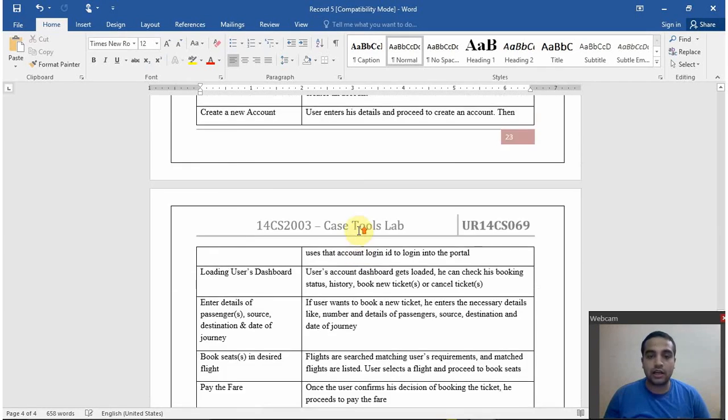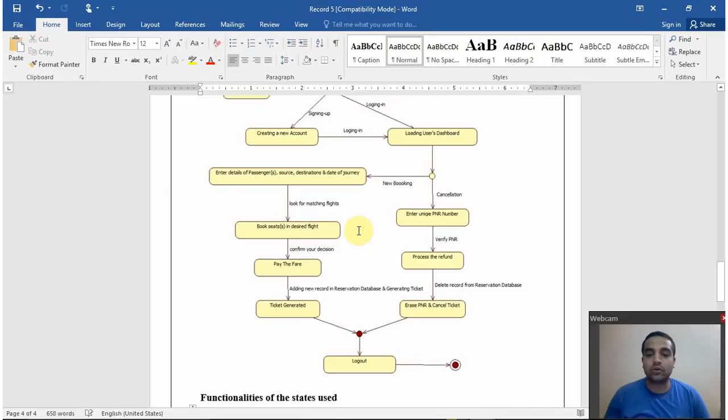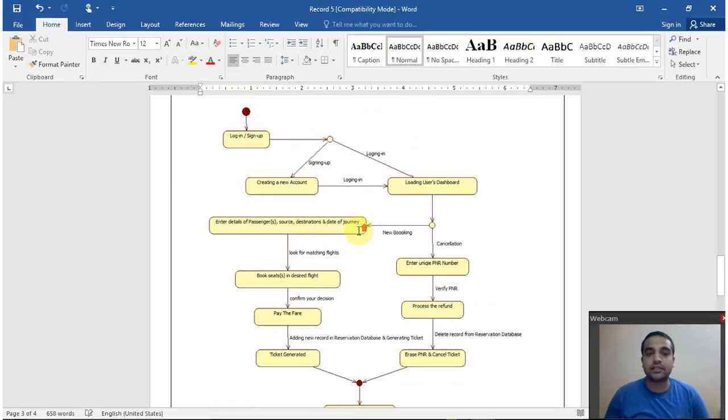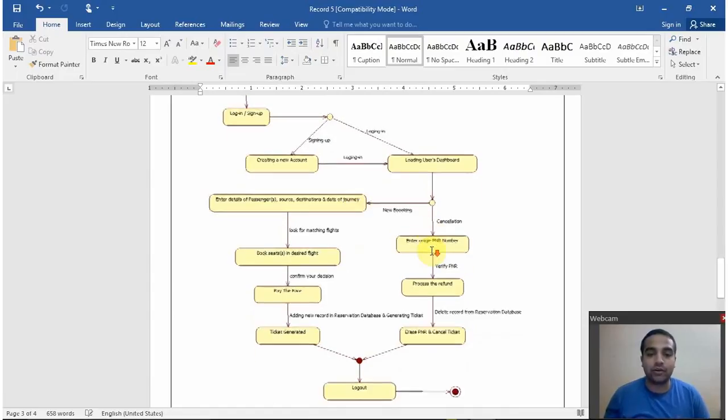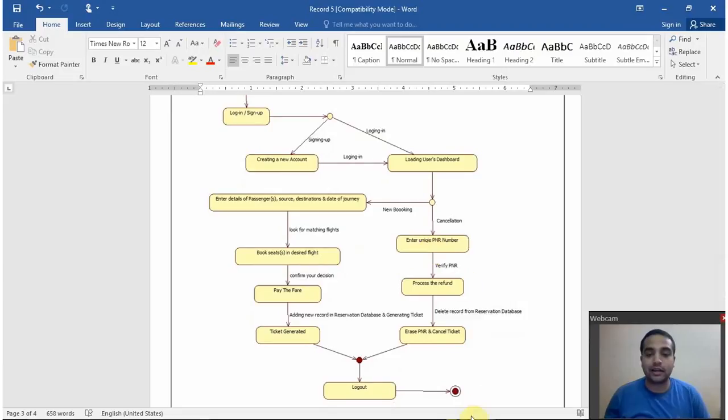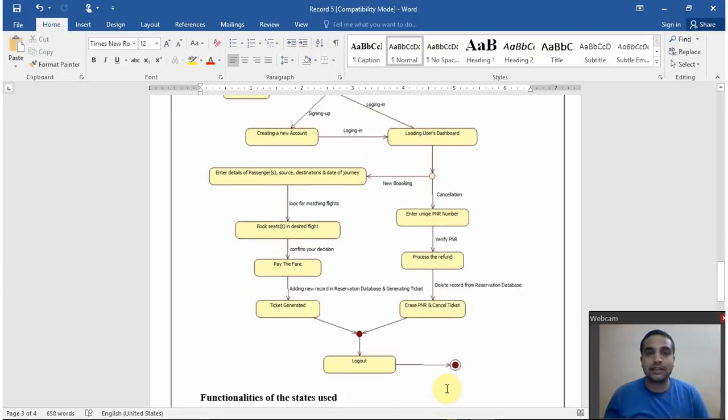So this is how the states are going to be in the application, and how the transition from one state to another is going to take place. I hope my concept of making this diagram and the entire workflow is clear and understandable in simple words.